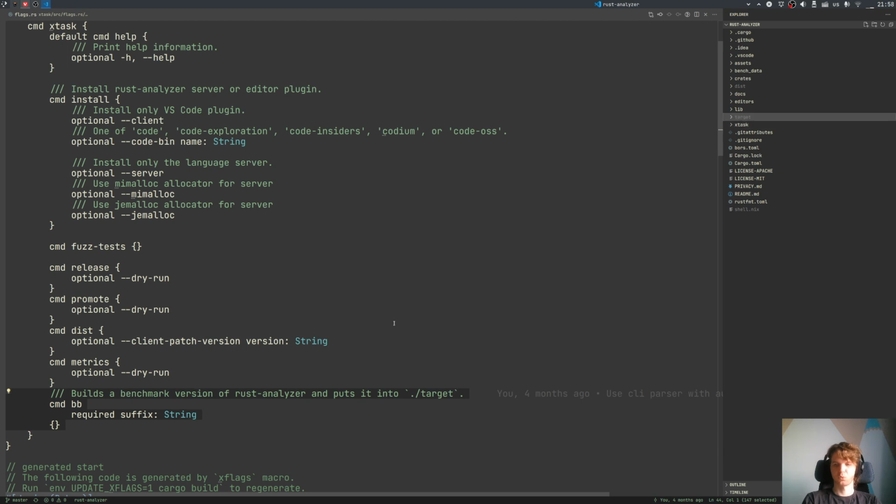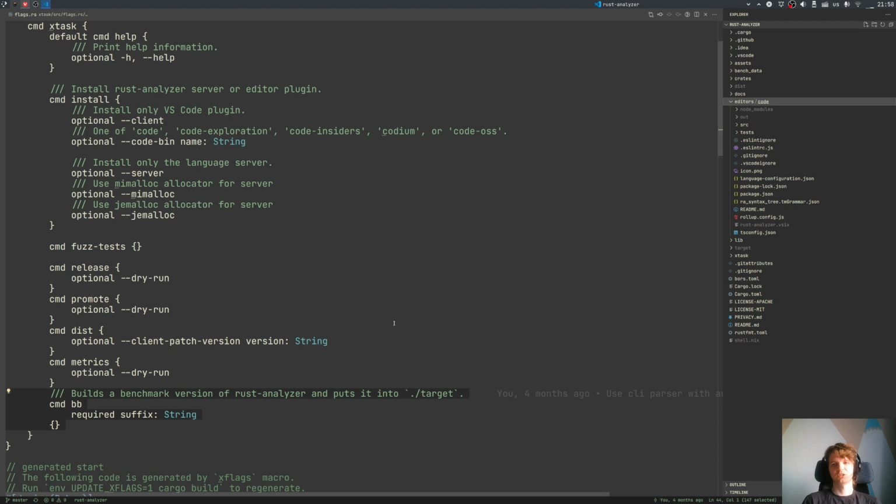So what else do we have here? We have the editors folder. The original idea was that we would maintain a first-class plugin for each editor in source in this repository. Originally we maintained the VS Code plugin and Emacs plugin, but then the Emacs plugin got merged into lsp-mode and it is maintained upstream. So today we only have the VS Code extension here, and we are thinking about moving it to another repository,